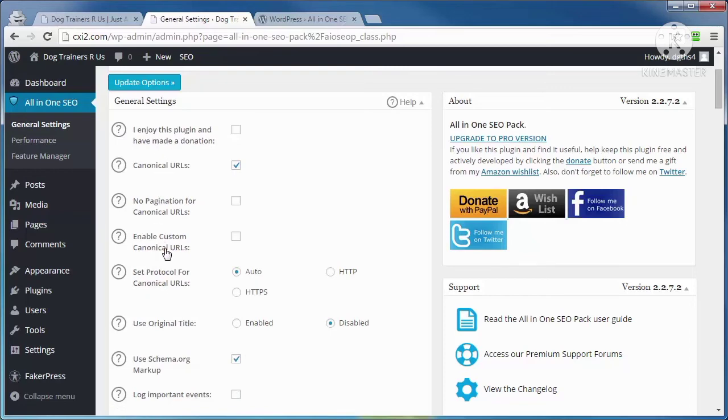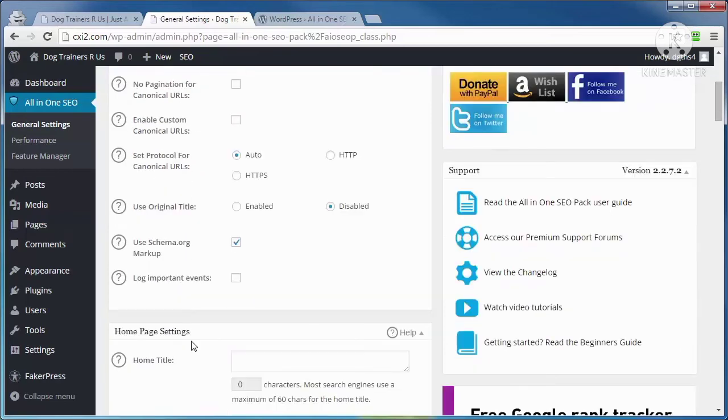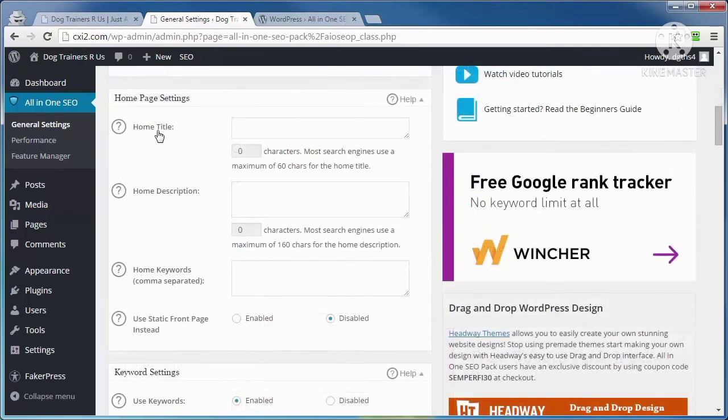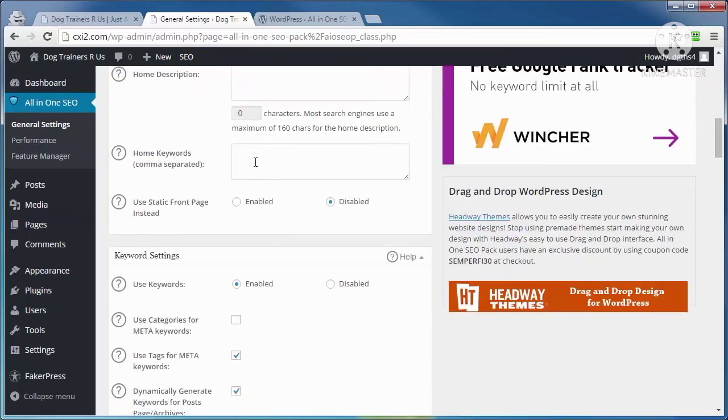But like I said, most all of the default settings are just fine, but I do suggest that you go ahead and enter a title and a brief description for your homepage. And you have certain limitations here as far as the amount of characters you can use for the title or description. The keywords I really wouldn't worry so much about because they're not used as much nowadays as they were